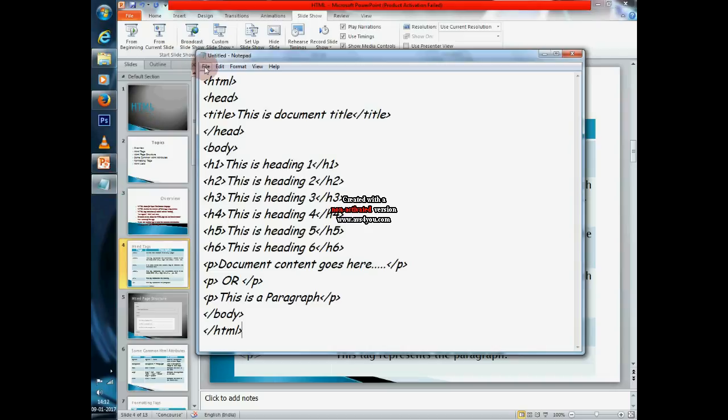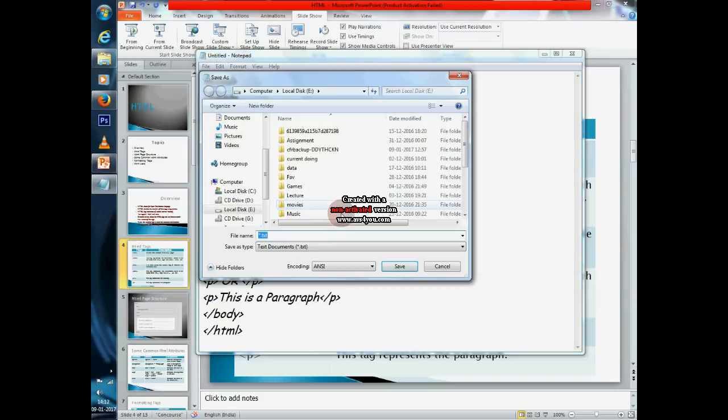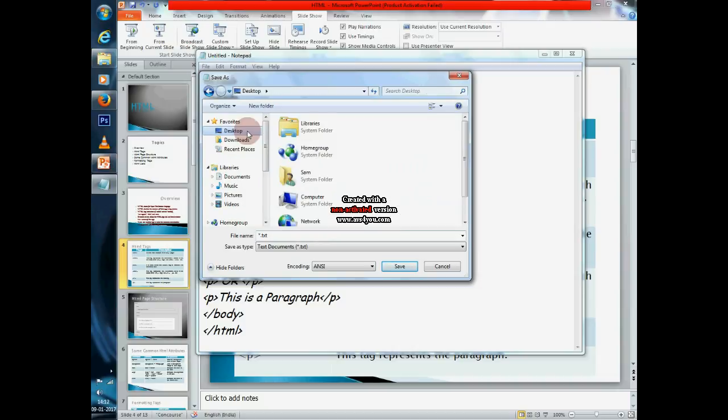First go to File, Save As, and choose the location where you want to save this document. Now give the name, and the extension is .html. Every HTML document is saved with the .html extension.